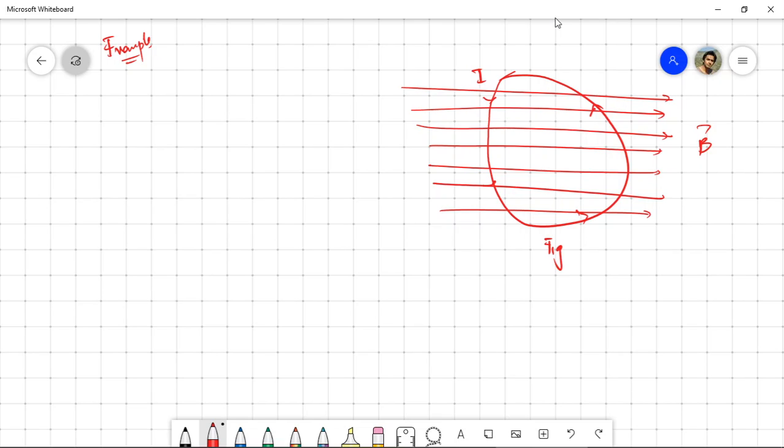If we want to calculate the value of Fm that will be applied on this conductor under the vicinity of a uniform magnetic field, which was mentioned here. So this is a closed wire basically. The current I is flowing through it and the value of B is uniform. It means that the value of B is constant everywhere around this thing. So if we want to calculate the value of Fm, we have the expression